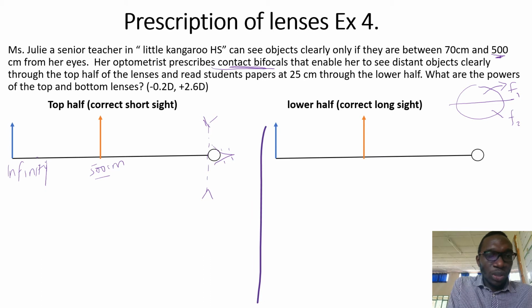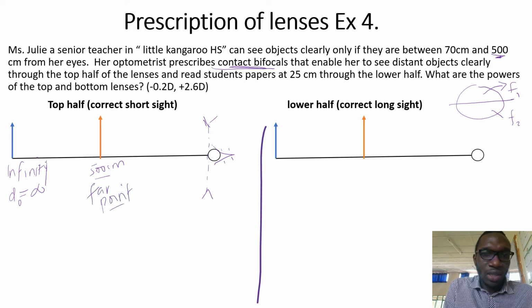For her to see at infinity, the object distance is supposed to be infinity, and we need the lens placed here at the eye so that it can bring objects which are at infinity and focus them at this point, which is the far point